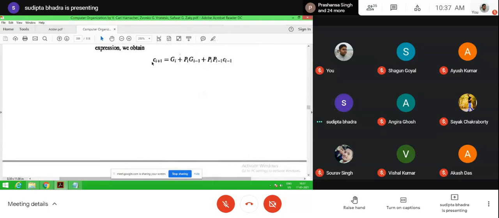Now Ci plus 1 can be written as follows: if Ci plus 1 is Gi plus Pi Ci, then Ci is Gi minus 1 plus Pi minus 1 into Ci minus 1. So Ci plus 1 will give you this particular expression.